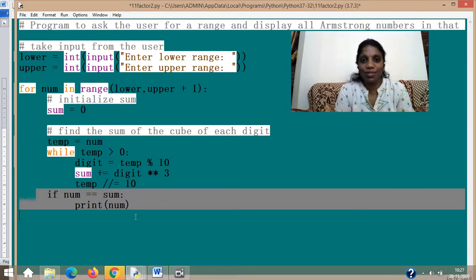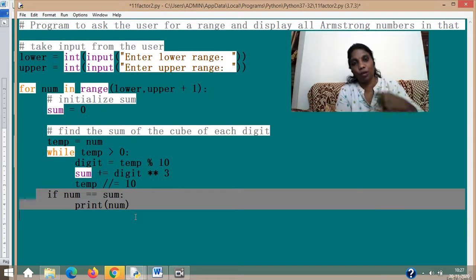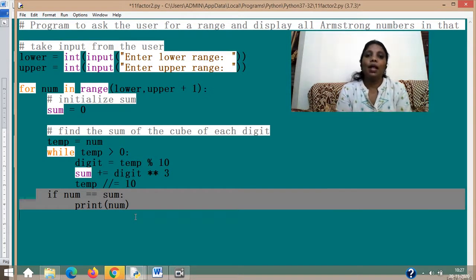But happy news is that nested loop is not there in your syllabus. This aspect of when a loop comes inside another loop is called nested loop. You need to only study for loop and while loop because of your current scenario of pandemic situation. They have cut short the syllabus. So this is only an add-on or an extra thing given to you from your teacher. So those who are very lazy to study can ignore this particular topic, but when you do your project next year, this will all come into action.